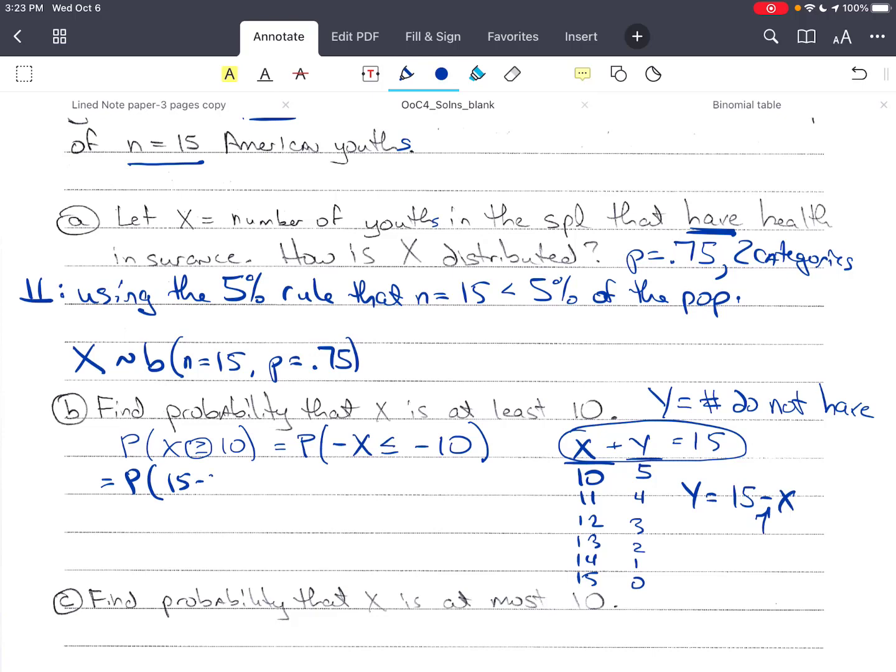So I have 15 minus x less than or equal to 15 minus 10. And this is the probability that y is less than or equal to 5, where y is a binomial with n equals 15 but p equals 0.25. Because x has a probability of 0.75, y is its complement, so there has to be a probability of 0.25 that you don't have health insurance. So now I can just look at my table